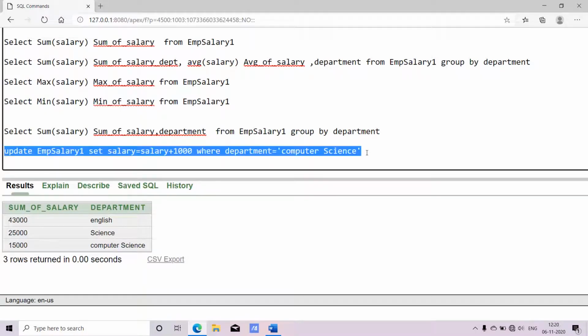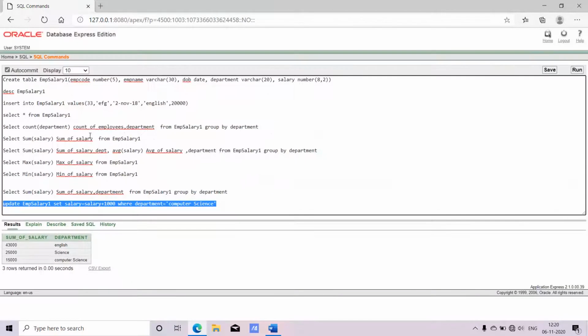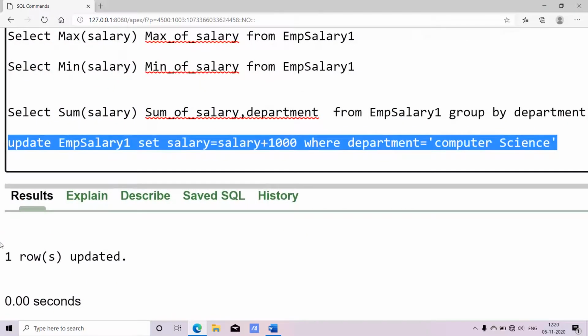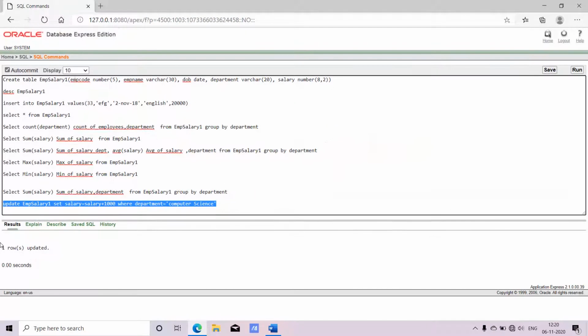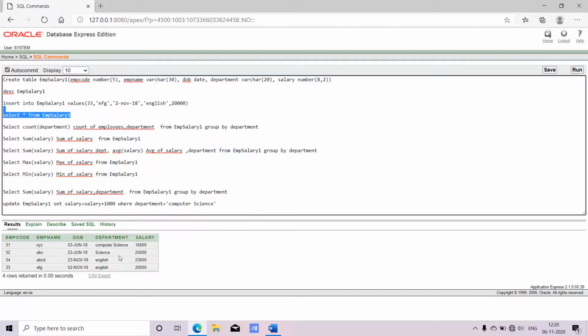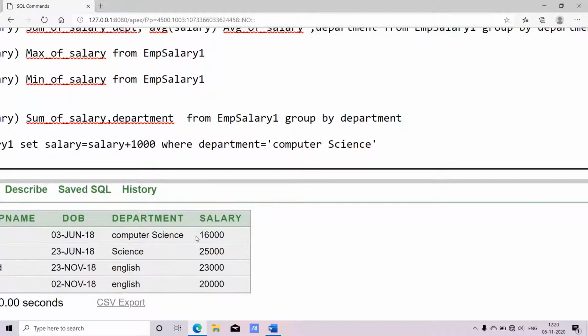So this is our 9th query. For this query again I have selected the statement. Now once I click on run, you'll see something like this, one row updated. If you remember, previously the salary of that computer science employee was 15,000. Now it will be changed to 16,000, so that it is updated.